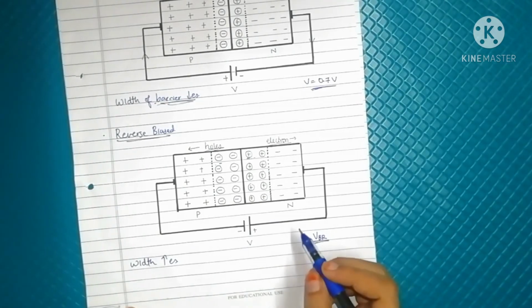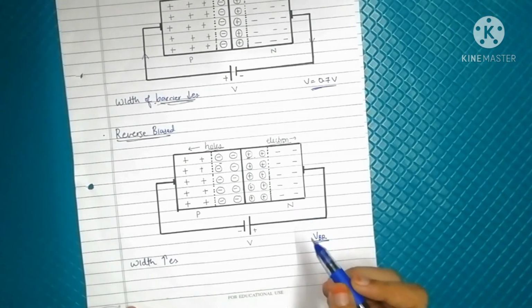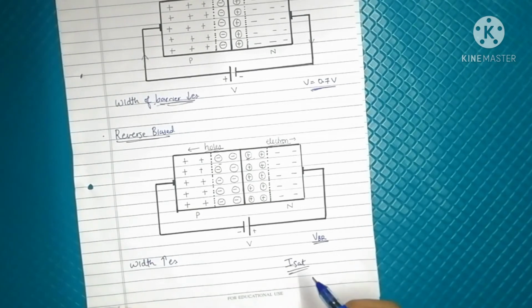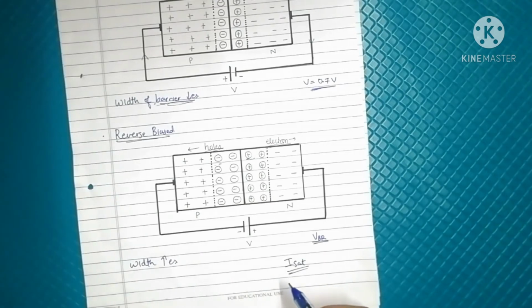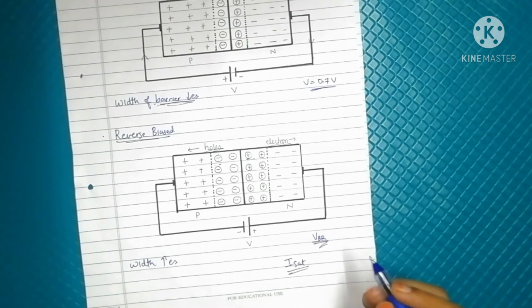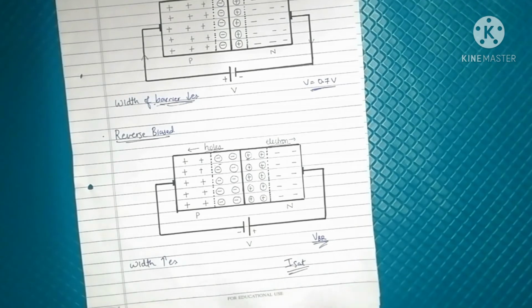Now at the starting, when voltage is applied, there won't be any current or any significant change in the current, and we call that the saturation current or reverse saturation current. That is, even after applying the voltage, the current is not showing any significant change, but after a certain voltage is reached, that is called the breakdown voltage, suddenly a large amount of minority charge carriers will appear at the depletion region and the diode will start conducting heavily. This breakdown occurs due to avalanche effect.